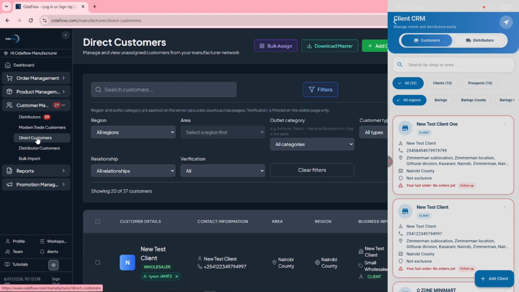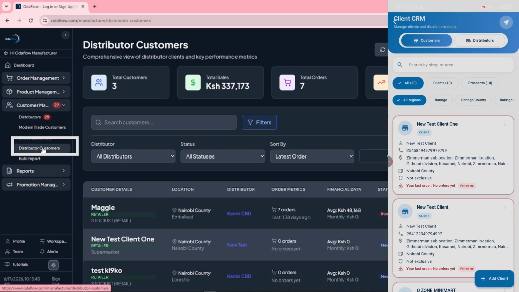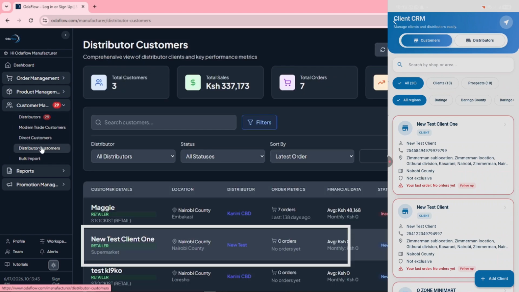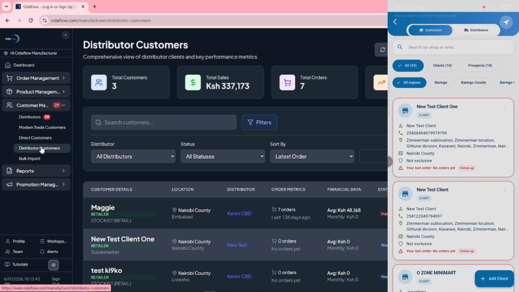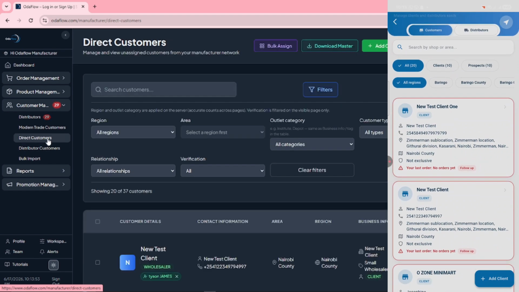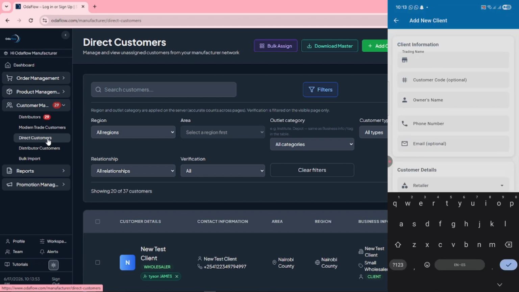So since we added the distributor, for the admin, they will see them as a distributor customer. So always remember that you have to be very sure if you are adding the distributor customer directly to the distributor as a sales rep, or you are just creating direct. Because if we create a direct customer, let me create a direct customer without adding a distributor, you will see that direct test